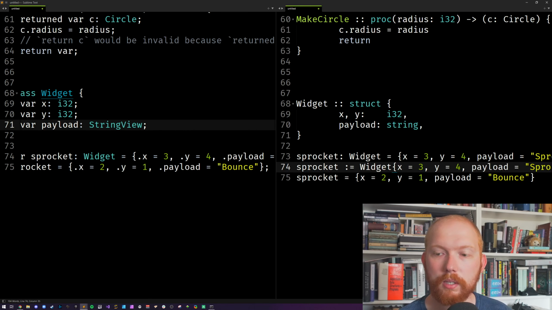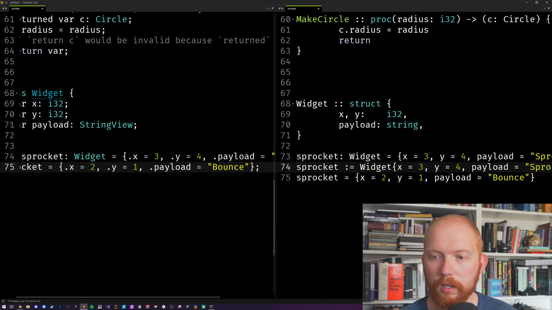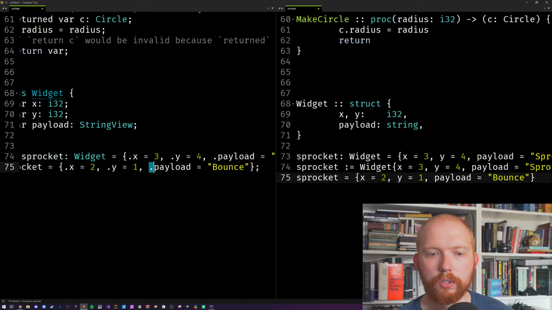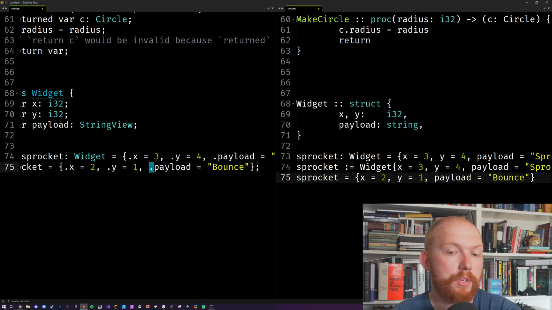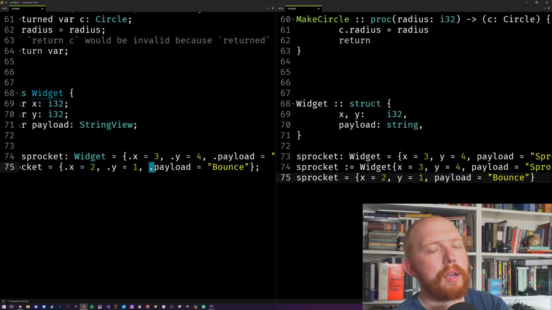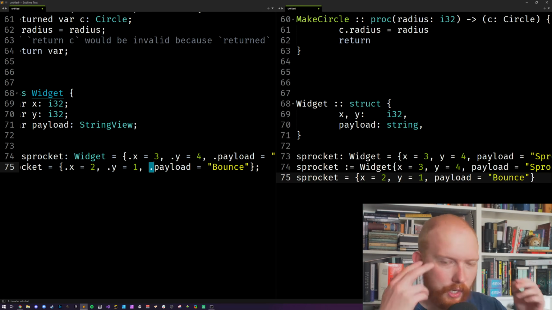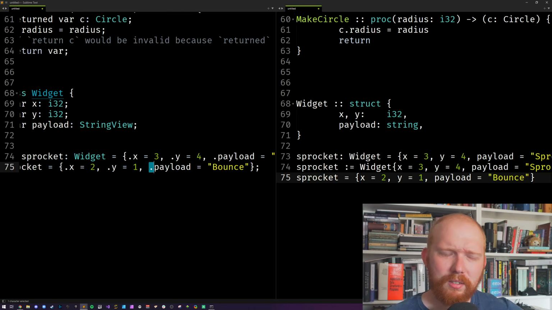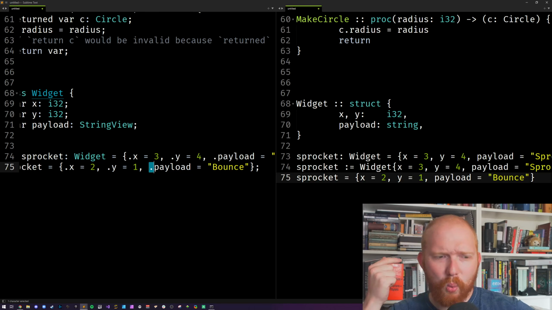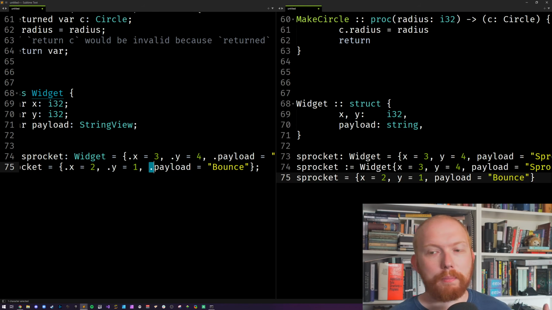Notice none of the types in Odin have to be prefixed with a dot either. The dot stuff comes from C and C++, where assignment is also an expression. So to get rid of the ambiguity, you have to prefix with a dot, which is fine. But I'm like, why have they kept to that? This is my question. Or is it because they wanted to be able to copy and paste C++ code in and still work? Which doesn't make any sense in my opinion. So why? I'm a bit questioning that.